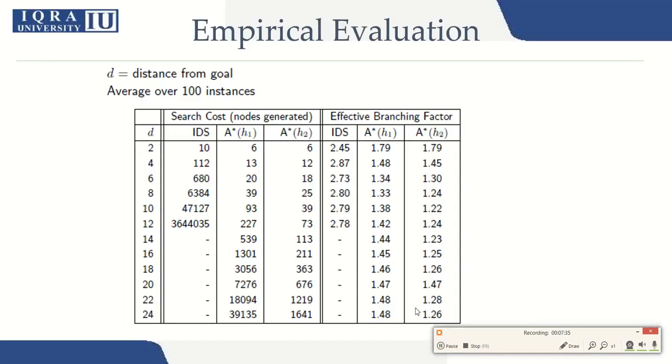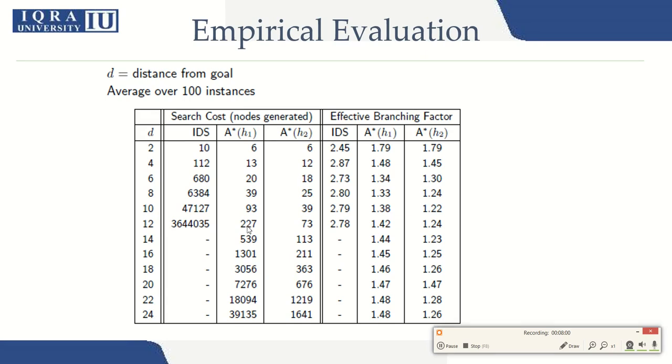Okay. So we have seen some examples of how A* search works. We're going to show you some other examples as well. But you can see over here, for example, D is the distance from your goal, averaged over 100 instances. So you can see the difference between A* search with a better heuristic, and so you can see जनाब के IDS अगर depth 12 तक चली जाती तो तकरीबन 3 million nodes को expand करते हुए